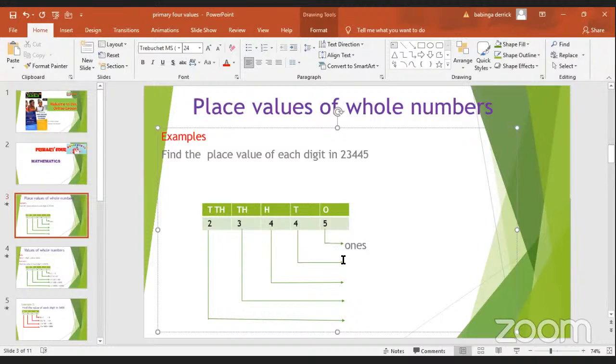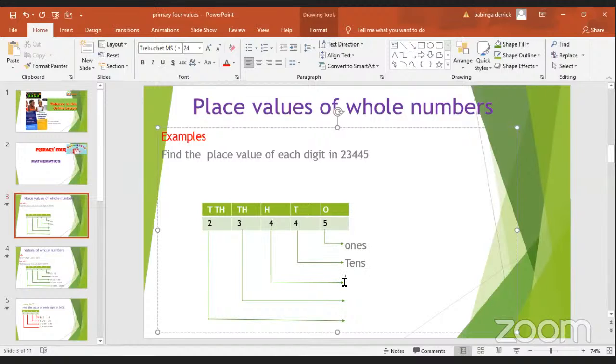So still from that brief explanation, who can tell us the place value of 4? Esther? Yes, Esther, I can't hear you well. Tens. Tens. Good. Thank you so much. So when we are giving place values, another thing we should note, we add the letter S on each of these words as we are listing them down. We add the letter S.